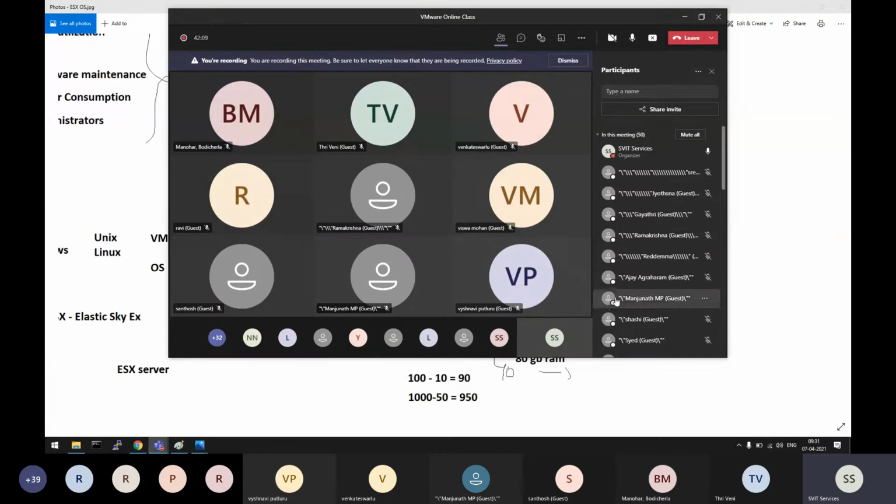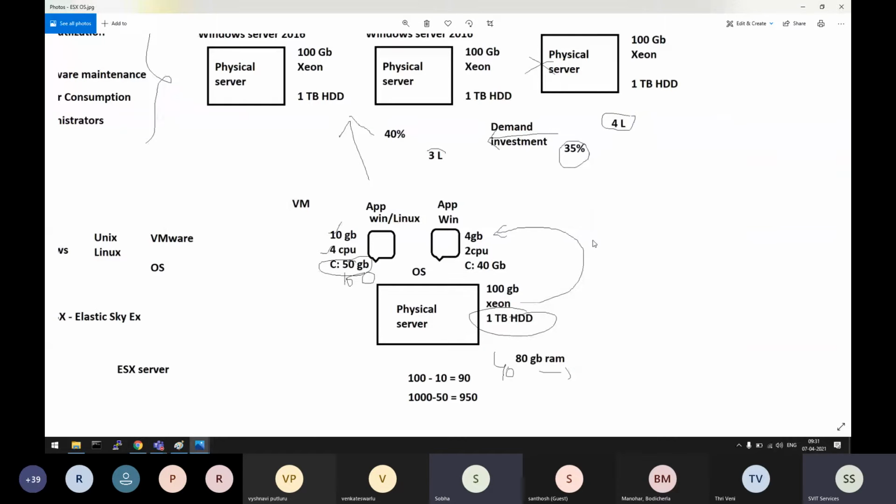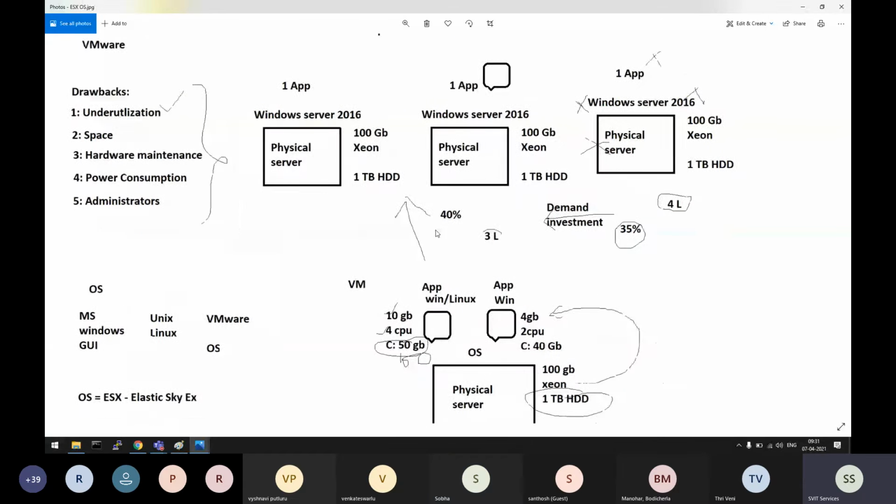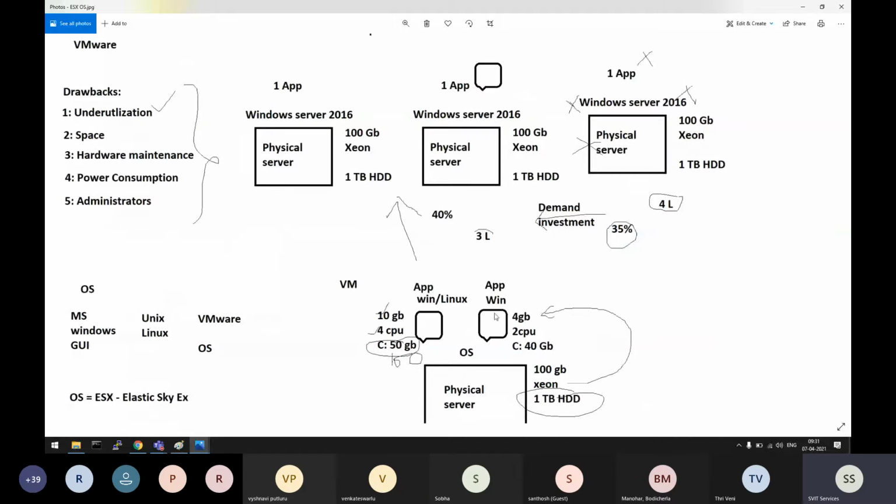Perfect definition for virtualization. Sorry, could you repeat that? Yeah, the exact definition for virtualization. We have to go ahead 2 more steps, then we will be able to understand. So I'll give you that definition.